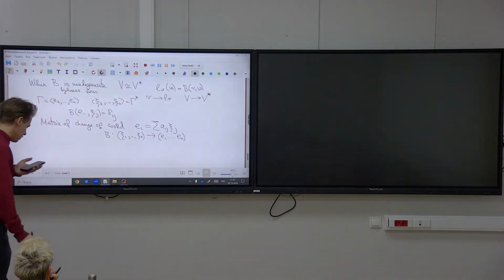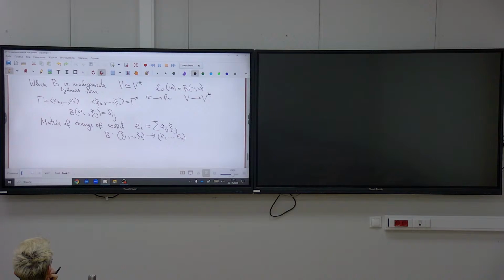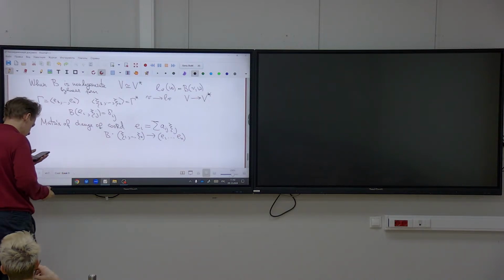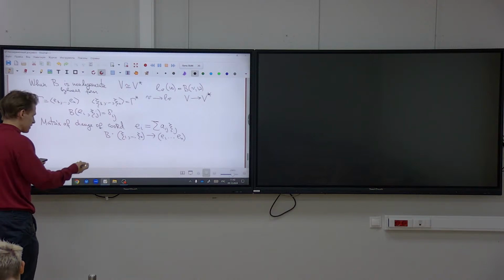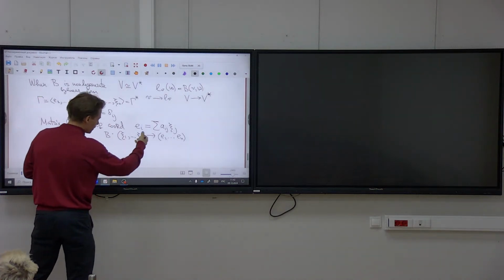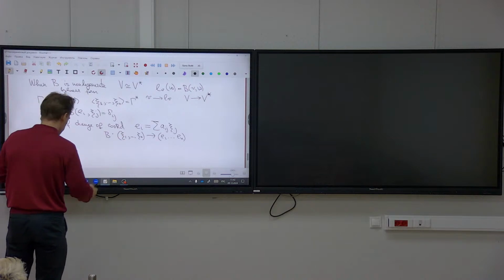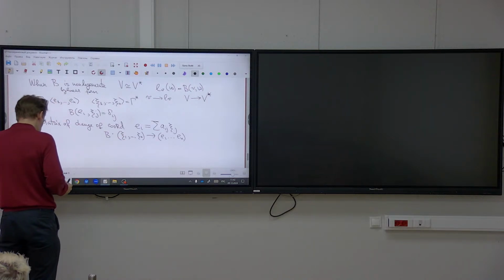So you can pick up and notice that actually this B, the matrix that maps here, yeah. So it is